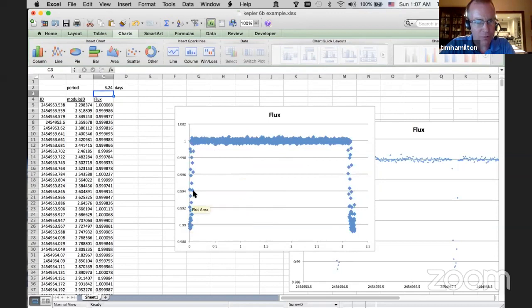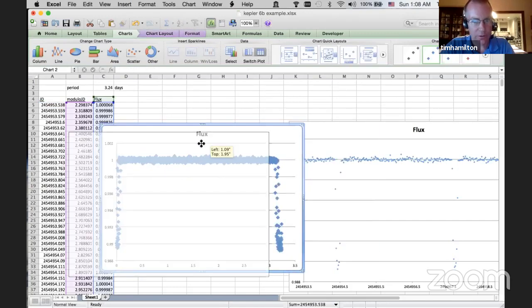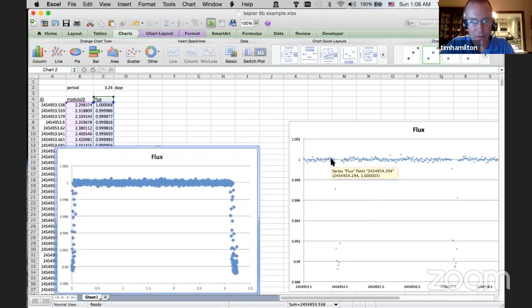But see how this keeps jumping around. And the reason is that we're starting on this Julian date here. But that might be in the middle of something. In fact, we should prefer to start it, say, a few hours before the transit begins. So here's the next thing we can do to modify it.